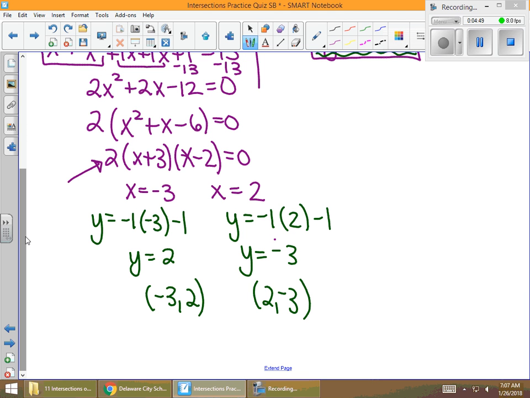Like we said at the beginning of the problem, if we're working with a circle and a line, we expect no solution, 1 solution, or 2 solutions. And here are 2 solutions. Now with a calculator, it would be a little tricky